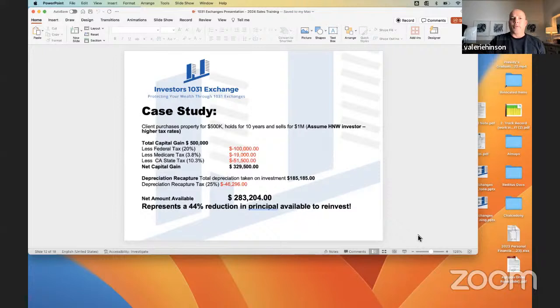So those are the rates. And so I do a quick case study to show that if a client buys a property for $500,000 and holds it for 10 years, we know in San Diego that could easily mean this property is now worth $1 million. So if they had decided to sell the property and not do a 1031 exchange, first they're going to pay 100,000. So they made $500,000 in gain, right? So $100,000 is going to go to the federal. 3.8% is going to hit for the healthcare reform. And then in California, they're at 51,500. So they end up with a